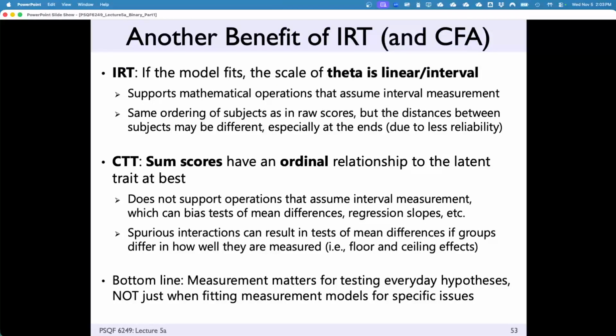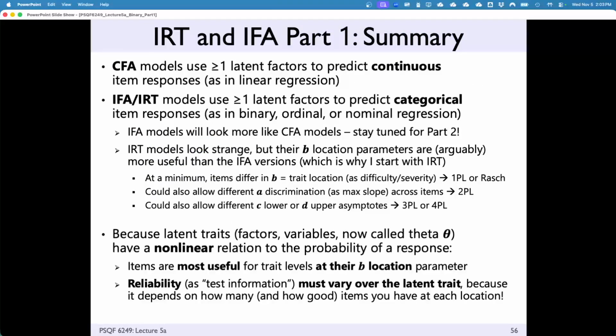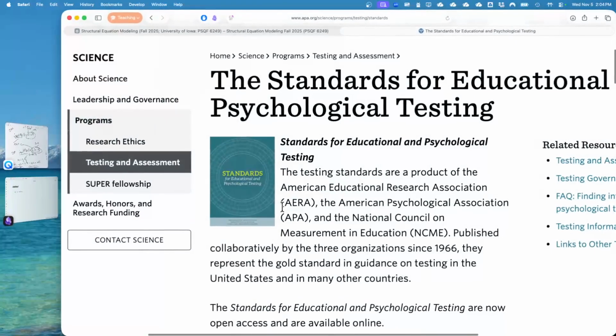Okay, so finally, the last thing left here is if the IRT model fits the scale, the scale of the latent variable is linear or interval. And that is that for now. Let's see how we do it in lavaan. Any questions on the theory part? Should we do, because I want to jump into the data, the two sides of my equation. All right, let's go see lavaan.